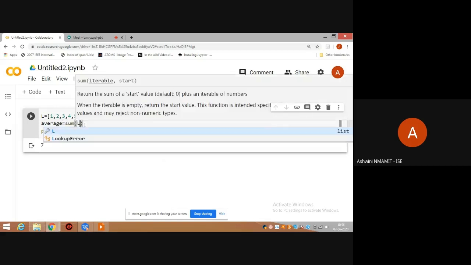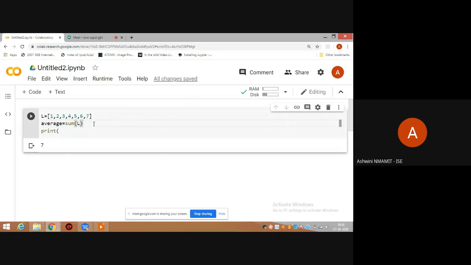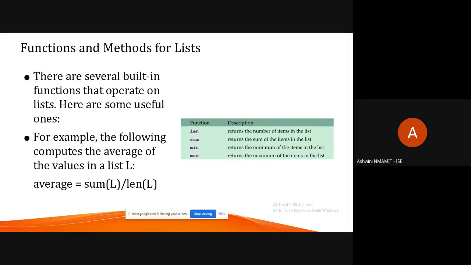The sum of list would give me the sum of all the elements in the list divided by len of L. And then I give print average. So this is as simple as it is to get the average. Within 2 statements, I could get the average. You can of course reduce it to 1 statement also.